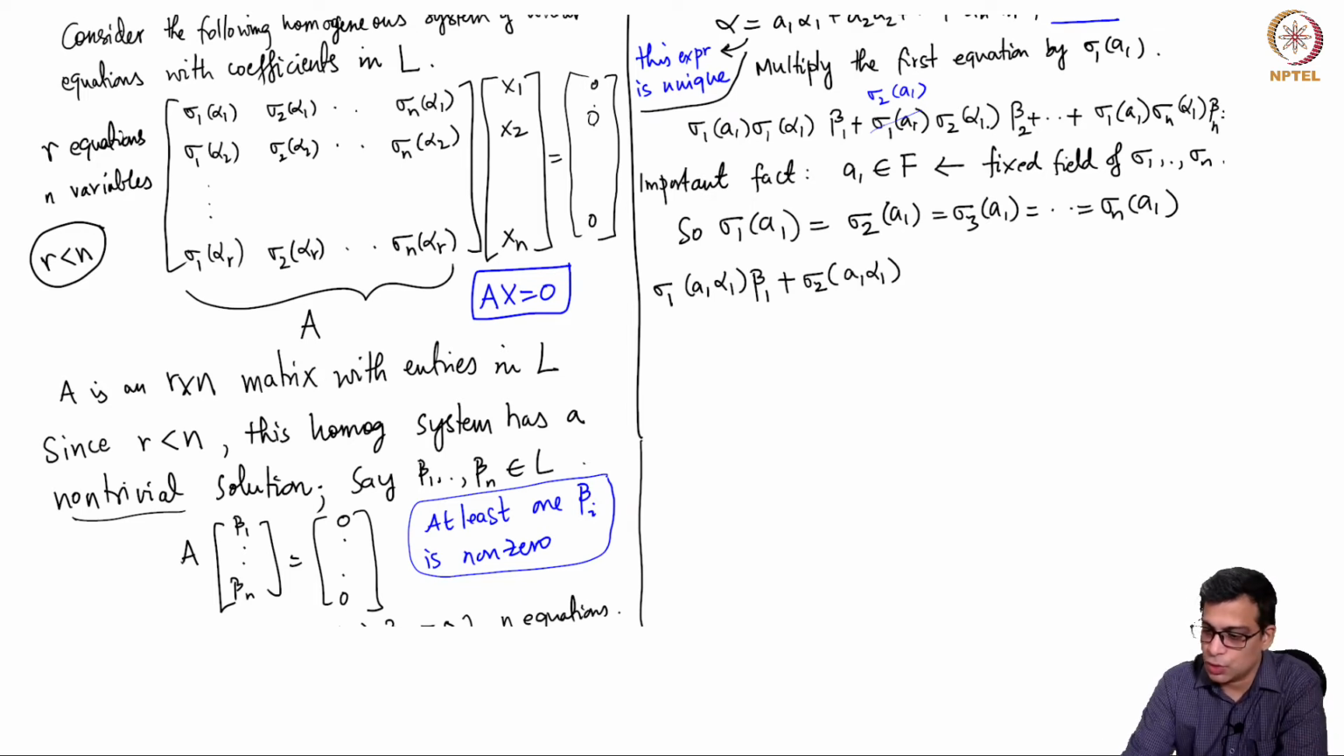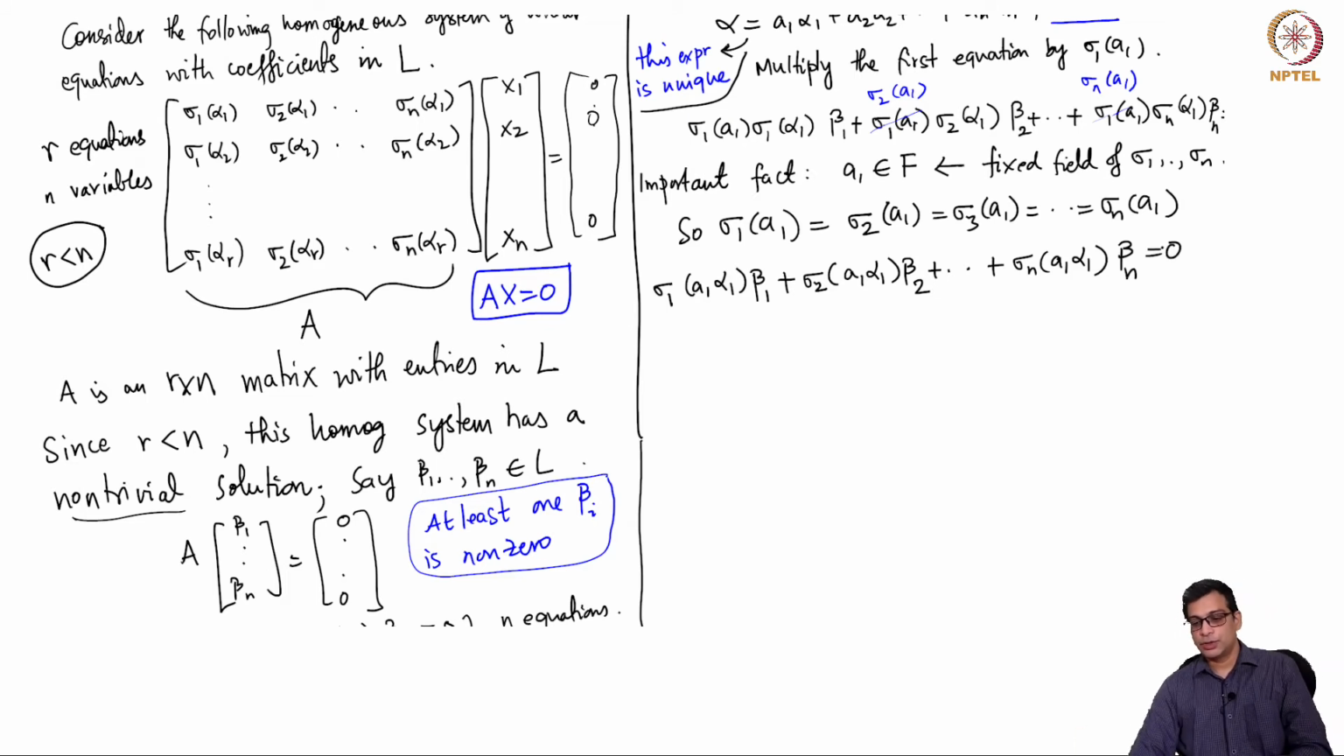right. And then beta 2, and the last term, sigma 1 A1 is equal to sigma n A1. So that is just sigma n A1. So sigma n A1 times sigma n alpha 1 will be sigma n A1 alpha 1 and beta n equal to 0. Okay. So that means the first equation becomes this,